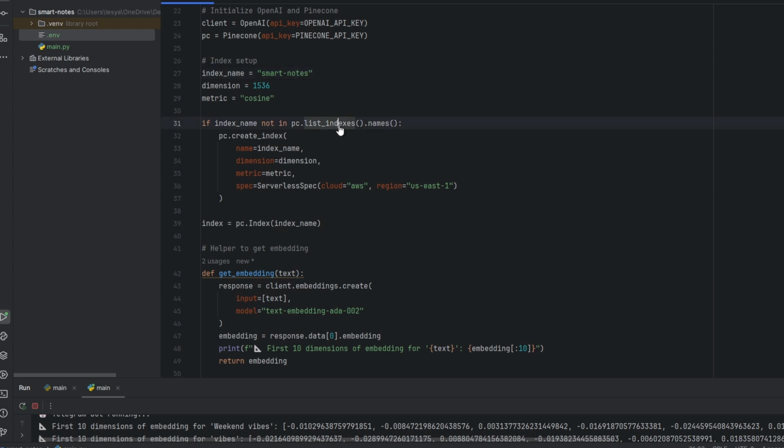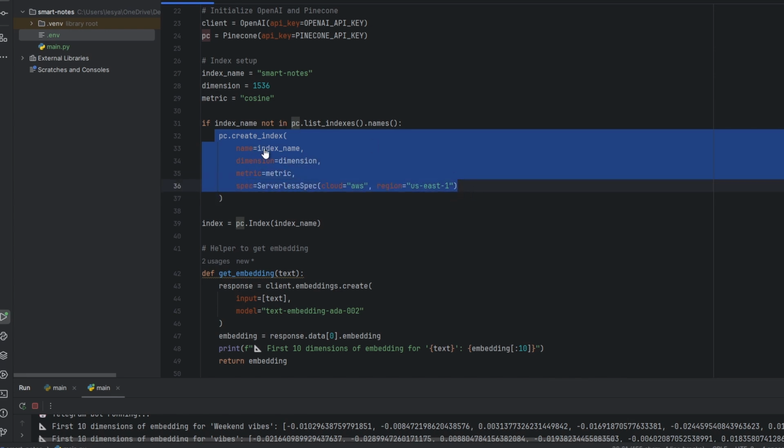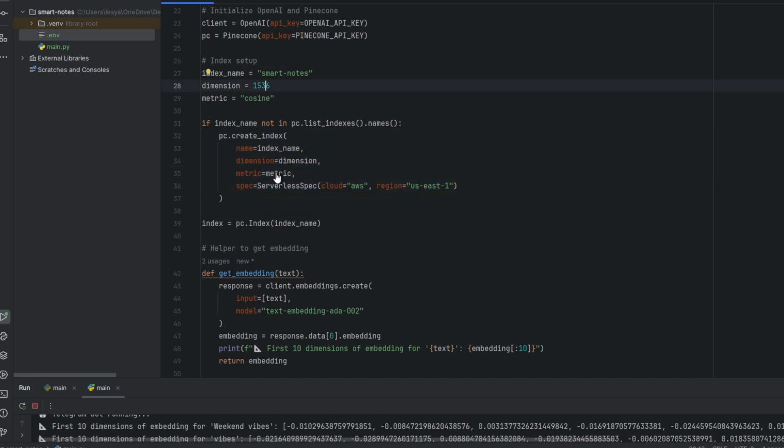If it is not there, it will be created with parameters like name, index name, which is smart-notes, dimension, which is 1536, metric, which is cosine, and then the cloud AWS and region us-east-1. If it is there, it goes straight to this line right here. This line connects to the existing Pinecone index, whether newly created or already present, so you can start inserting and querying